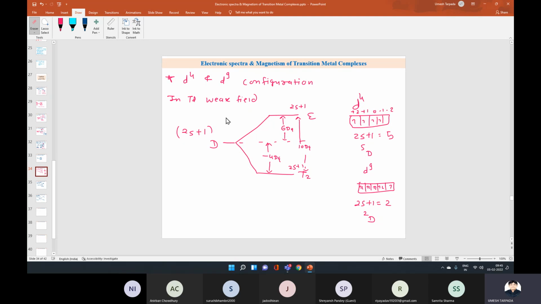ऐसा जो कॉन्फ़िगरेशन है, उसको आप डिफरेंट वेज में लिख सकते हो, पॉसिबल वेज में लिखना है। और उसके बाद जितने भी टर्म्स पॉसिबल हैं वो सारी टर्म्स इसमें इंक्लूड करना है। तो यहाँ हमने सिर्फ D टर्म काउंट की है, और D टर्म इसलिए काउंट की है क्योंकि D टर्म जो है वो इसमें अलाउड ट्रांजिशन है, इसलिए पॉसिबल ट्रांजिशन है। वैसे D ट्रांजिशन तो फॉरबिडन है, बट स्पिन अलाउड है। इस ट्रांजिशन में स्पिन मल्टीप्लिसिटी सेम रहेगी।